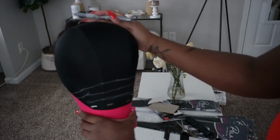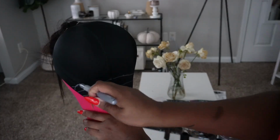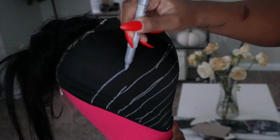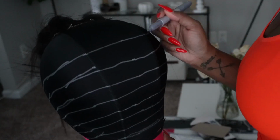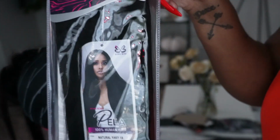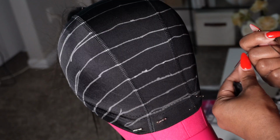because again, y'all, I watched so many videos on this and I've seen a lot of people do this. So I'm like, okay, let me get a metallic marker and draw the lines. Let me tell you, I guess you can draw lines, but it didn't really help me, because in the end I wound up going all over the place when it came to sewing, because I wanted them closer together than how I drew my lines. I think maybe I drew my lines too far apart, but anyways,